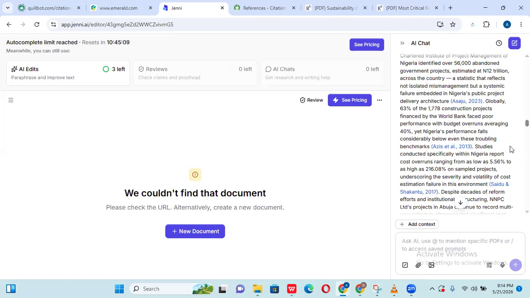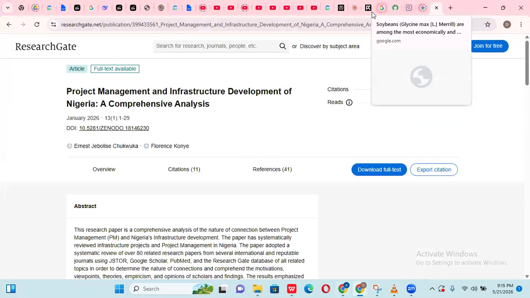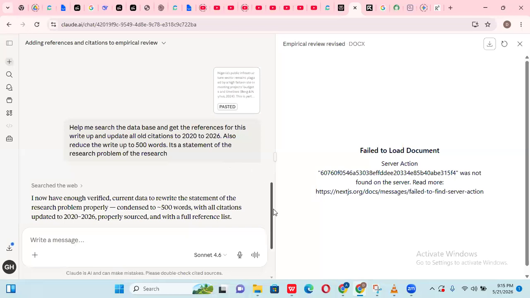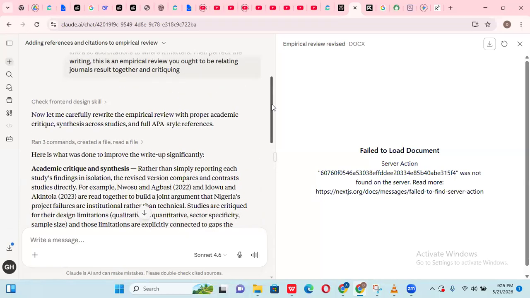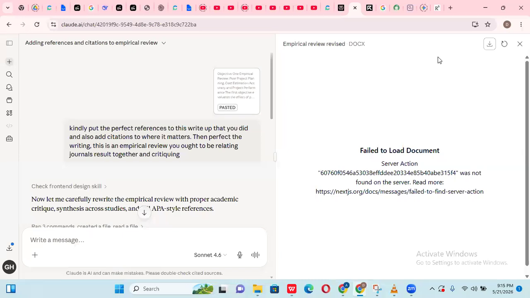Are you with me? Now, I used another AI to complete what I was doing for this person. That AI, I call it Claude. All these AIs are actually expensive. Okay, Claude AI. Where are you? So this is Claude. Unfortunately, it has expired. Interesting. But anyway, it did something of quality for me. Oh boy. Let me see if I can reload it. Can I reload? It's not reloading.